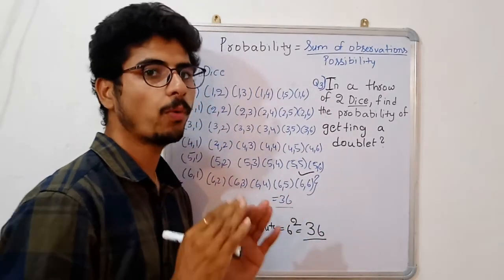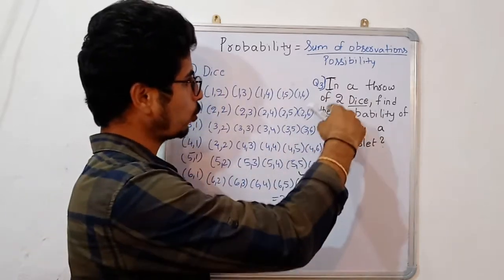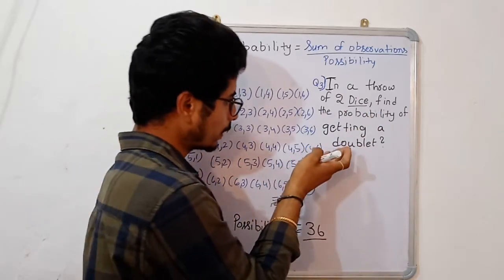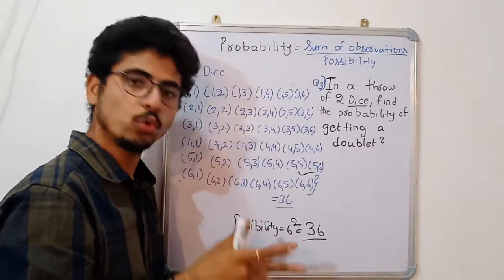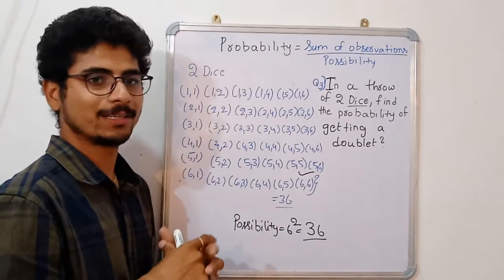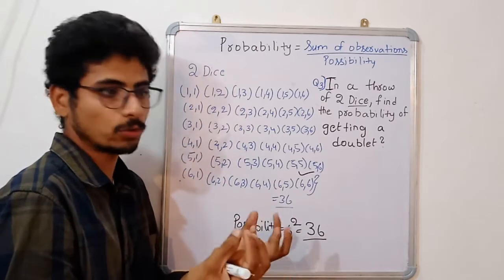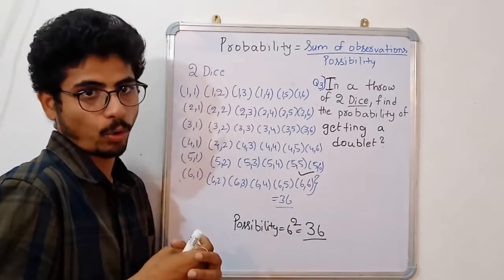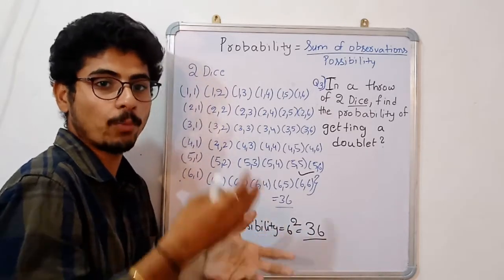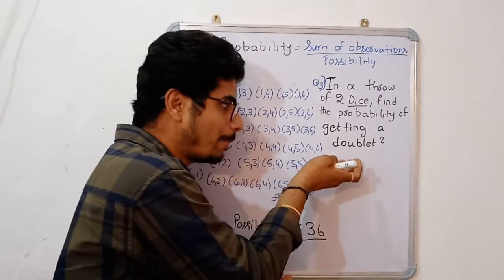So 1 by 36 will be the probability. This is one of the important questions for all the IT related exams. Okay, see, in a throw of 2 dice, find the probability of getting a doublet. The doublet is nothing but when 2 dice are rolled, we need to get the same number on both of the dice. If we throw 2 dice, the first is 1 and the second dice needs to have 1, then they are said to have a doublet. If 3 dice are thrown and we get a triplet, then the same number should be on all the dice. That is the meaning of doublet or triplet.